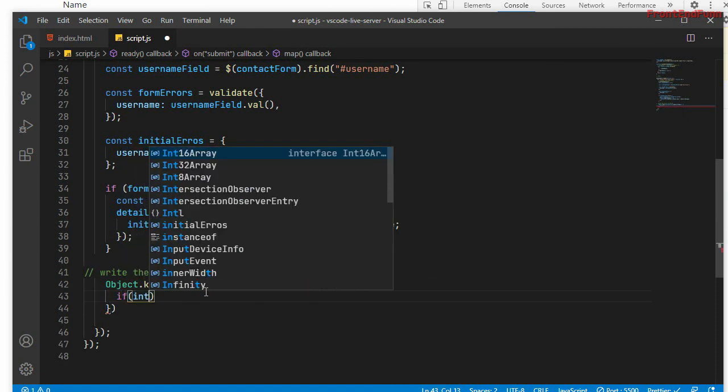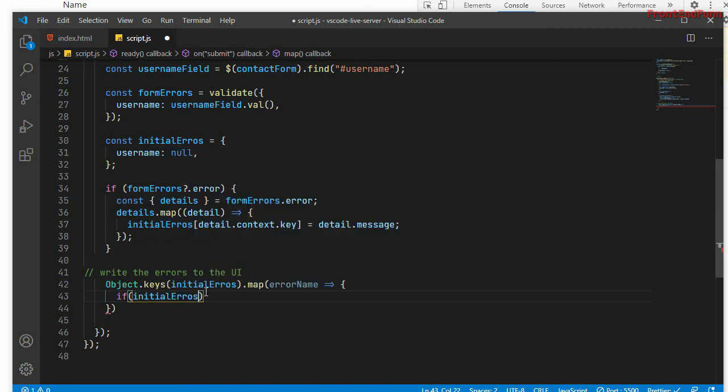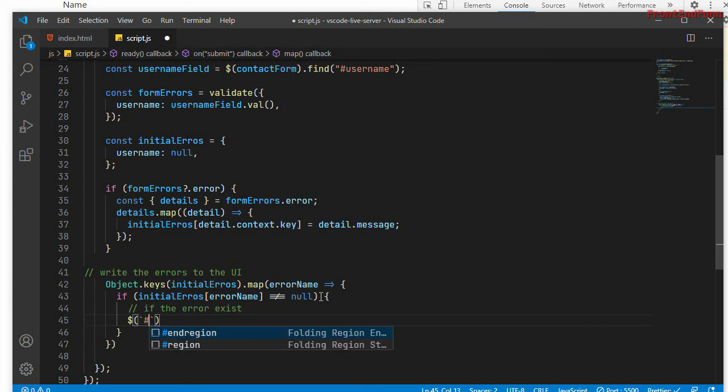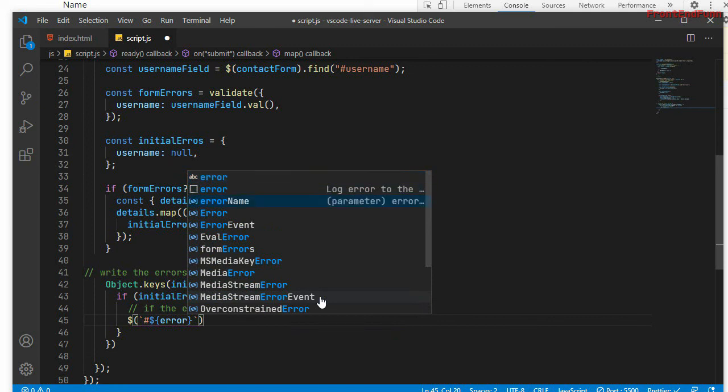So if initial errors of error name is not equal to null, that is, if the error exists, then what we are going to do is dollar hash error name.